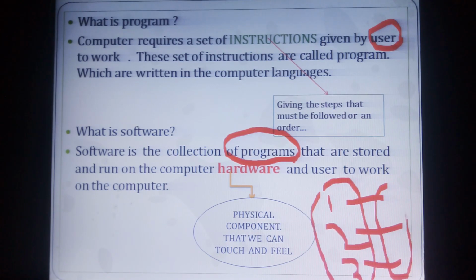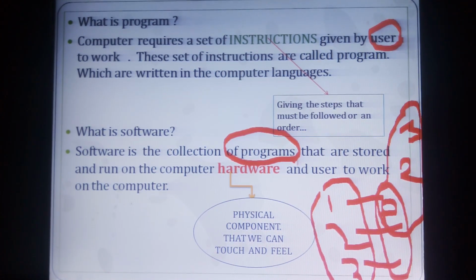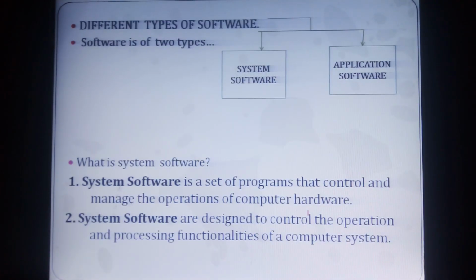These are the different programs, 1 program, 2 program, 3 program. So software is the collection of programs that are stored and run on computer hardware for the user to work on the computer. Children may be confused about hardware. Hardware means a physical component that we can touch and feel, like your hard disk. Now go to the next one.